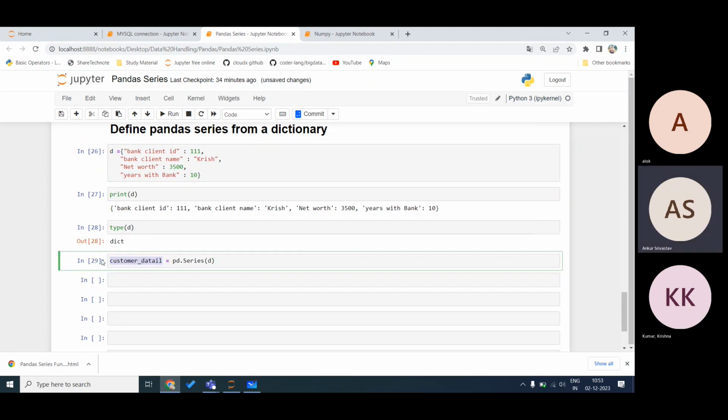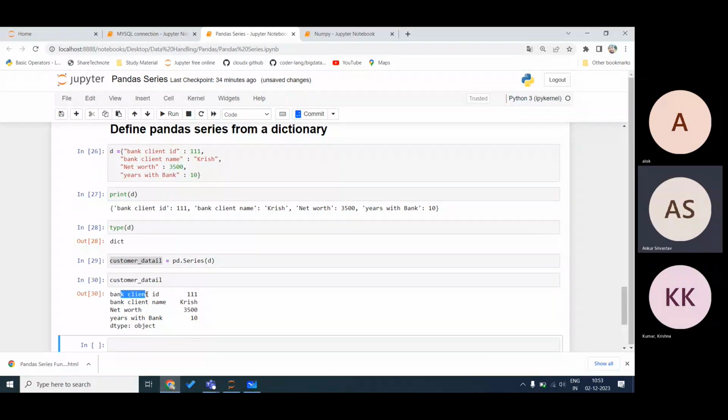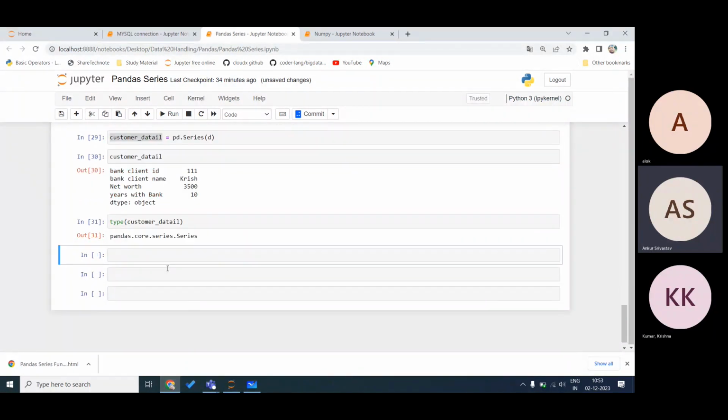Now check the customer detail. It's bank client ID 111, bank client name Krish, net worth 3500, years with bank 10, and data type is object. Whatever the data inside it is object. Now if I check the type of customer detail, it is a Pandas series.